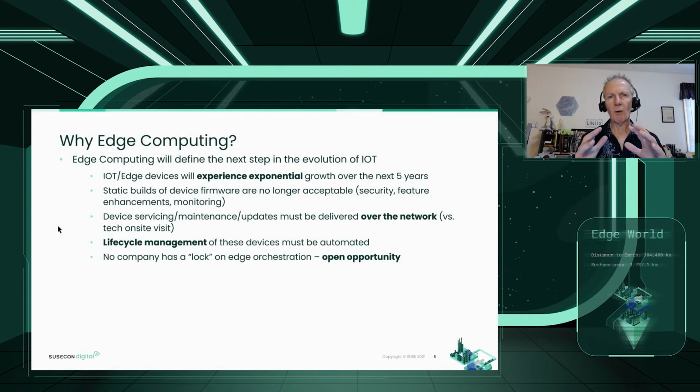Let's talk about where edge computing really evolved from. If you think about the Internet of Things, a group of what we call makers were experimenting with smaller and smaller devices and really putting Linux on these devices and trying to put conventional programming capabilities on top of that so that it was easy to write applications for these devices to do things that would make sense to the makers, right? Maybe run their doorbell or garage door or something. So that's kind of the beginning of the Internet of Things.